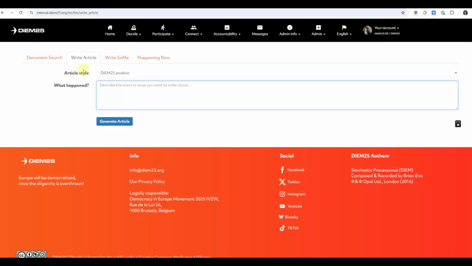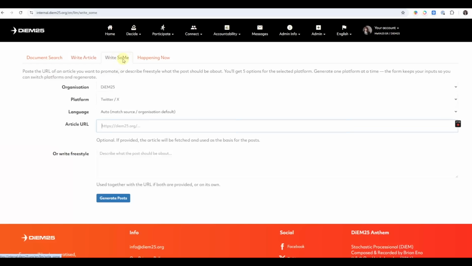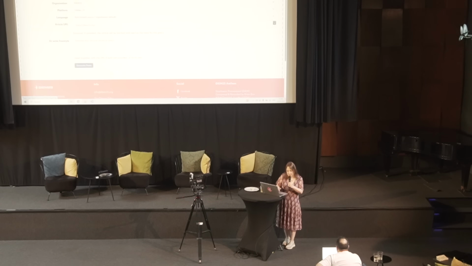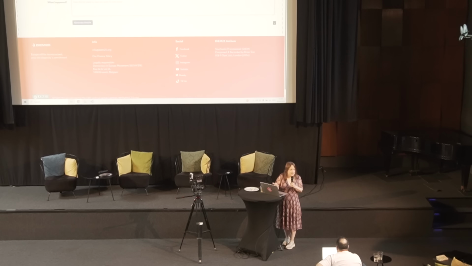And here the Write Article page and the Write social media pages are useful for local collectives if you have a need for a position on something. Obviously it's AI writing style, it's not particularly good, but it may give you a first draft of something that you want to write. And you can say I'm going to type something.